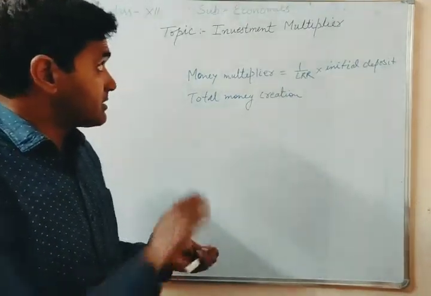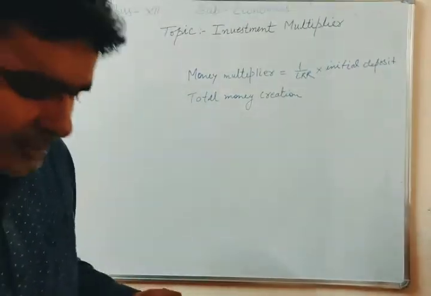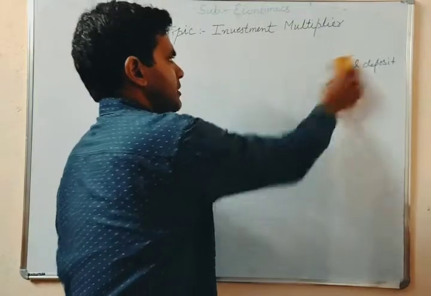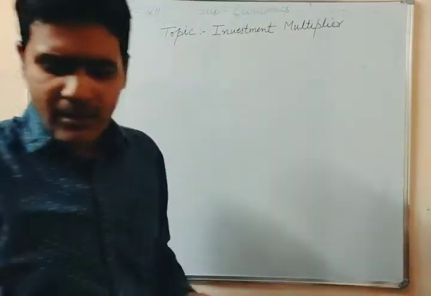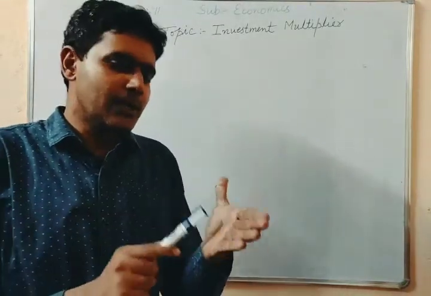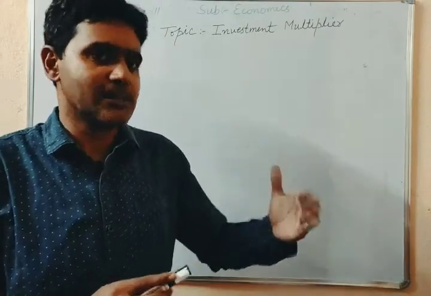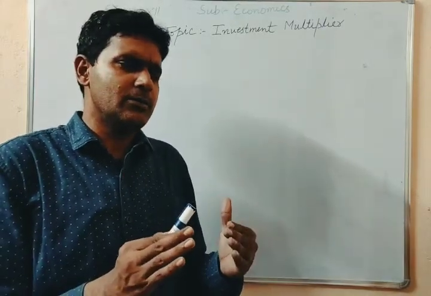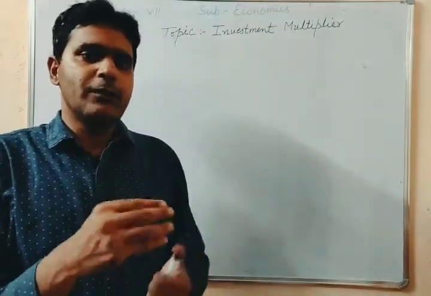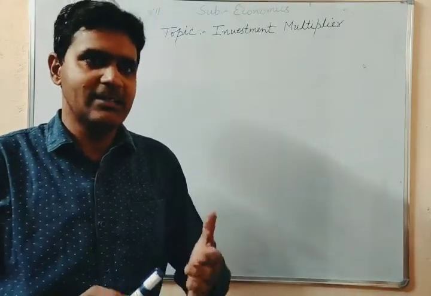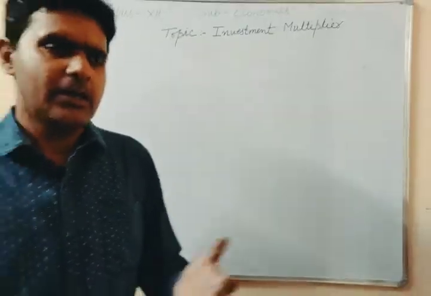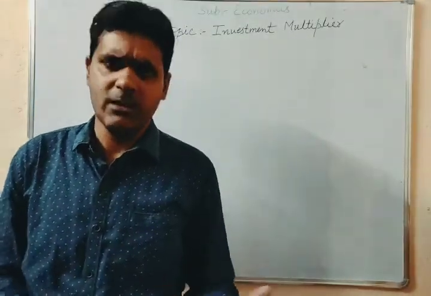Now it's time to discuss the investment multiplier, which is our current topic. What is the meaning of investment multiplier? Investment multiplier is a factor by which we multiply the investment. Suppose firms change investment. Though we have assumed that investment is autonomous, it has a tendency for periodic fluctuations. It can change with the rate of interest, with the availability of credit, etc.